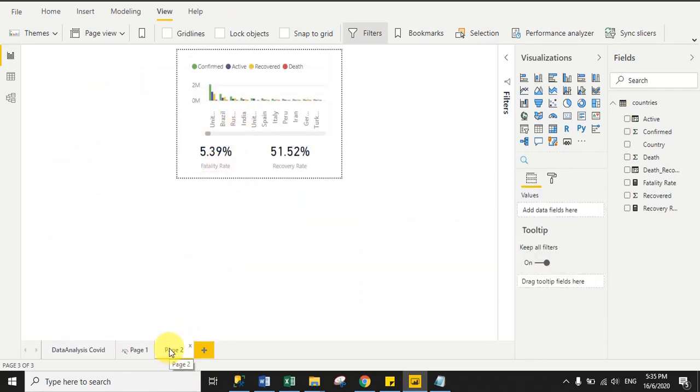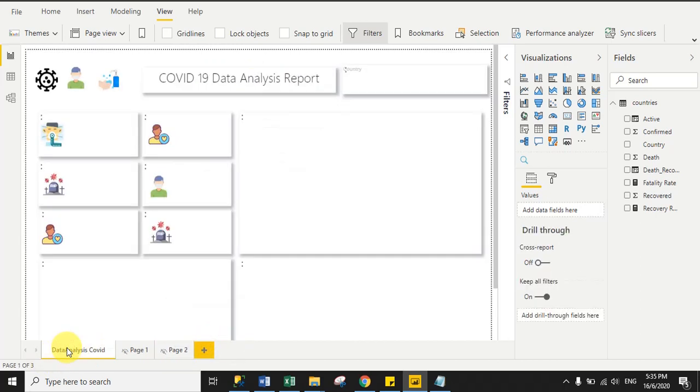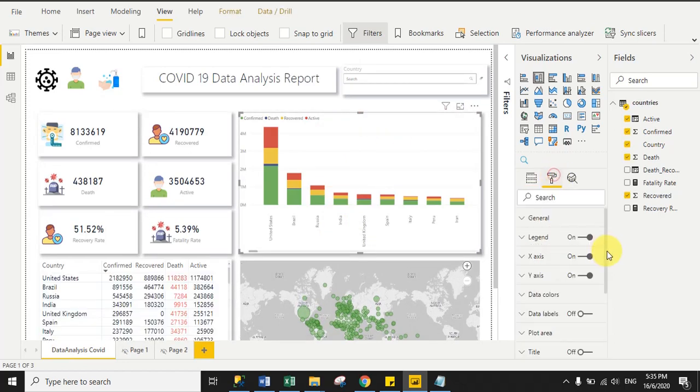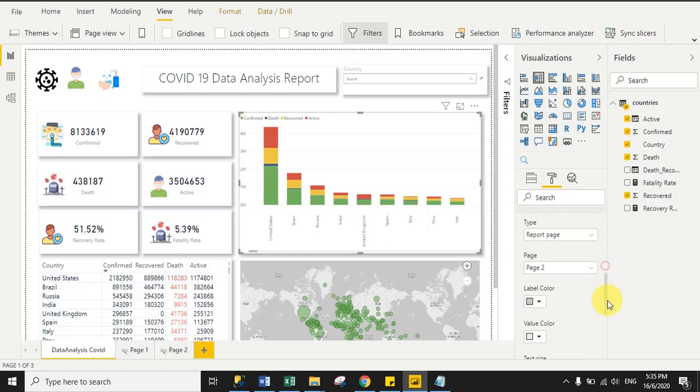And hide page 2 from here, and then go to the main page and in the format bar we select page 2 under tooltip. See, right, because I hid the tooltip page from here. The reason is, when I publish the report to the cloud, I want to see only a single page, right? So that's why I hide the tooltip page.